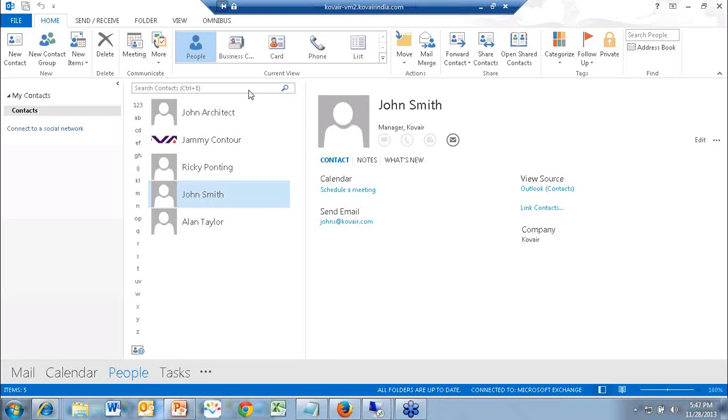And when this task is created, it first goes to the manager based on the roles and the structure defined inside your project management tool, or in this case, Kovair. And when the manager gets it and accepts it, it is passed on to the owners. In this case, we had shown that there were 2 owners, and we opened up the mailbox of one owner and showed you the task appearing in his inbox. So similarly, another task would appear in the other user's inbox, and they should be able to accept it or